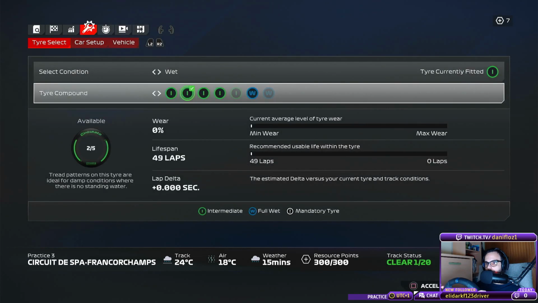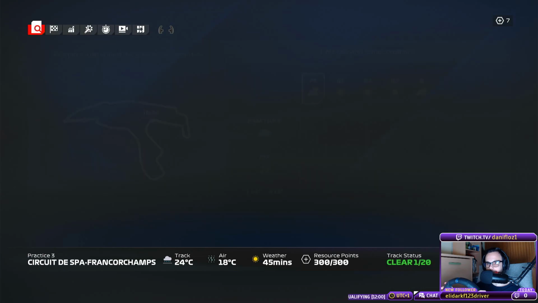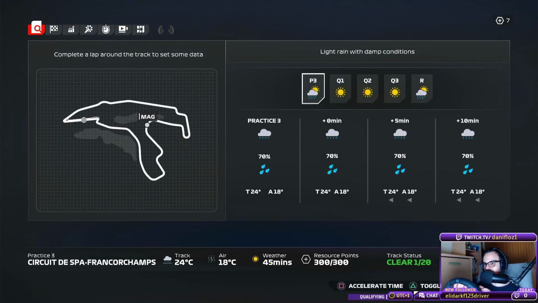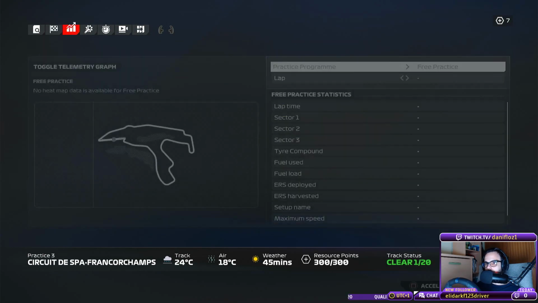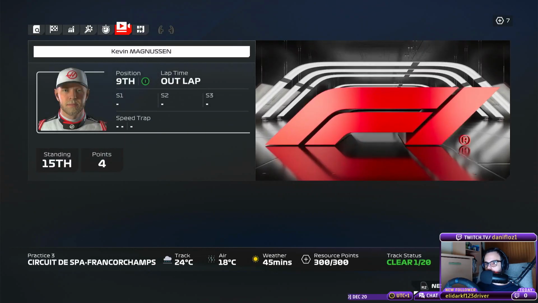As I said, it's time for Inter. We have this Inter that is square. Let's use it, just in case. Let's use this tire. We did some laps in free practice 1 where it was raining as well. In these sessions, every session was raining at some point. This is Spa. But first of all, I would like to see